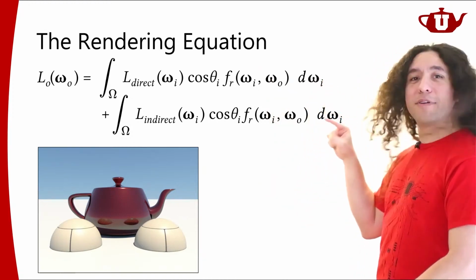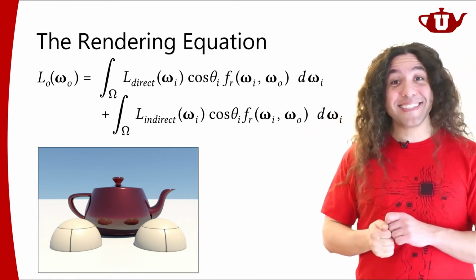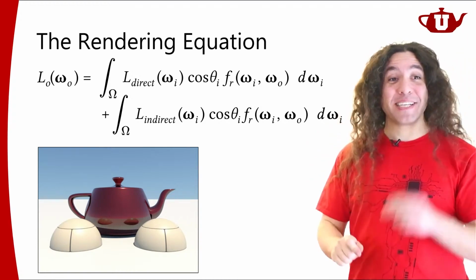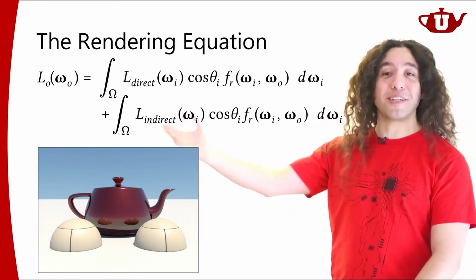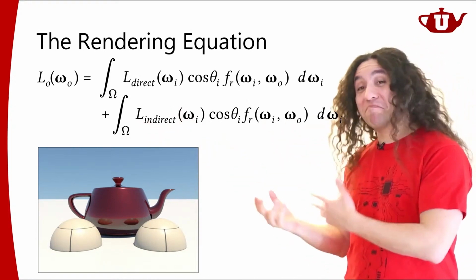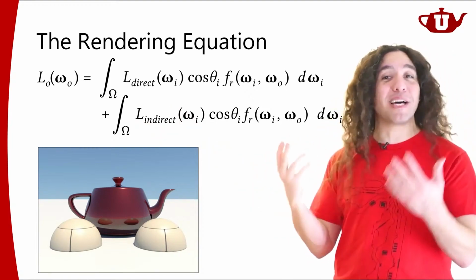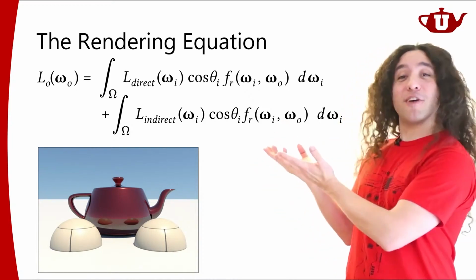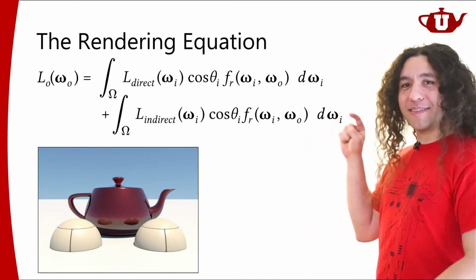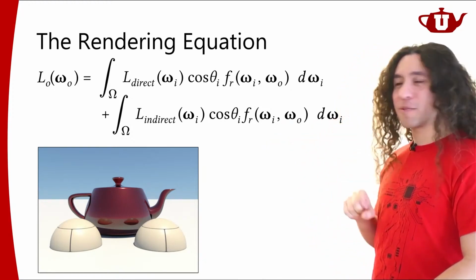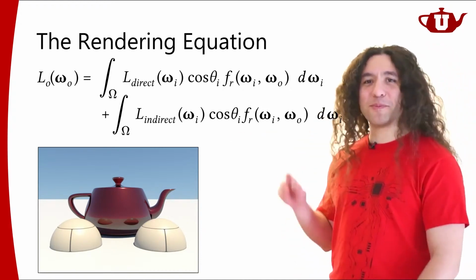How about this guy though? Indirect illumination. We didn't have a term like this, right? What we had was the ambient term. So the ambient term was a gross simplification of this whole integral. It was not a good approximation of this integral, but it was some term that acknowledged the existence of some other term here. Pretty much it, really. Basically, the ambient term is an approximation of this complicated and expensive to compute term. So let me move on to the next thing.